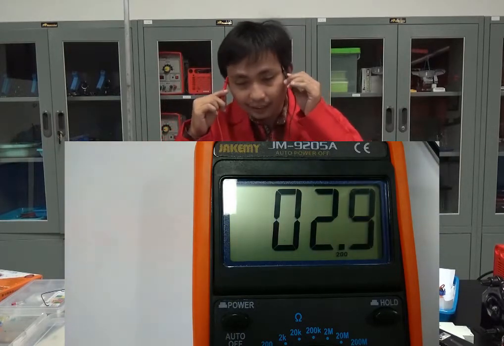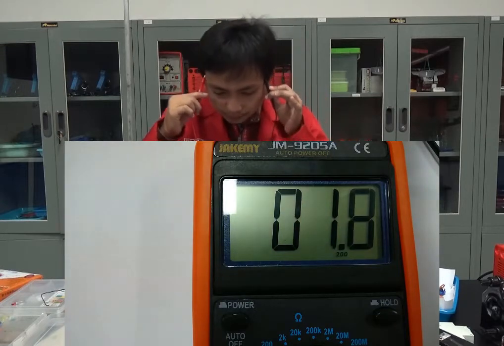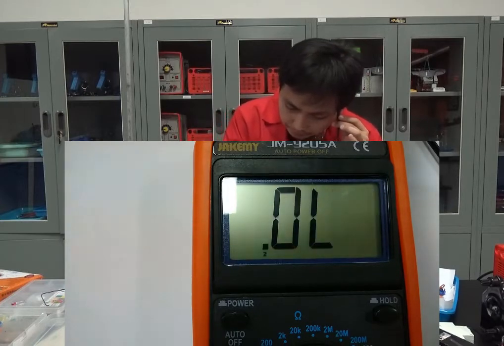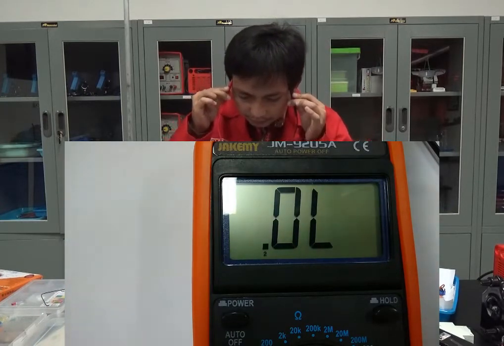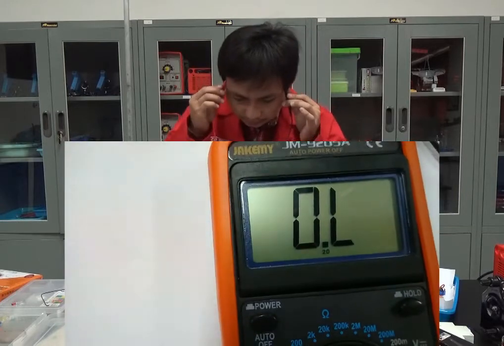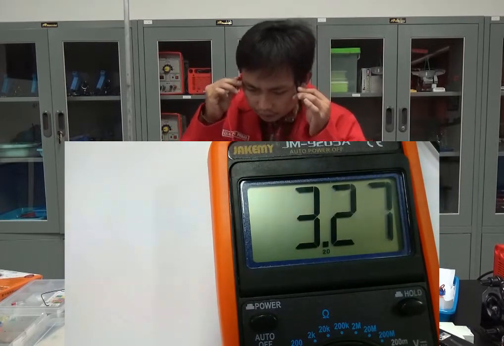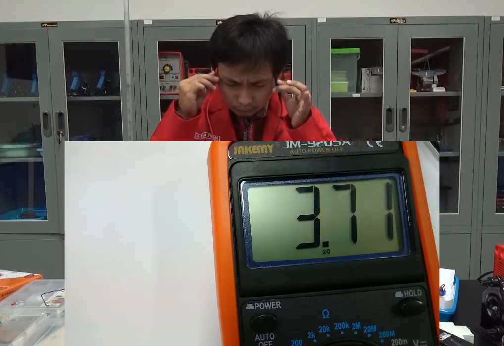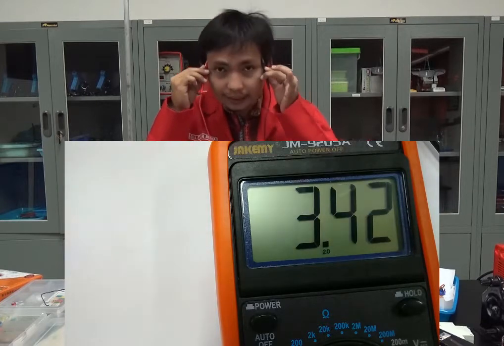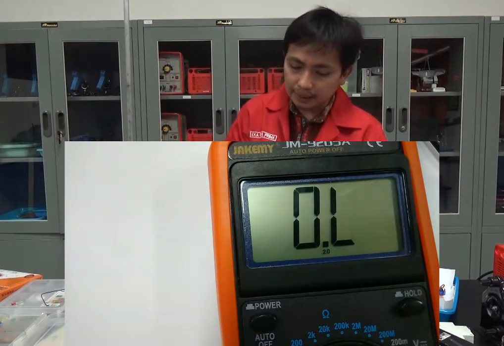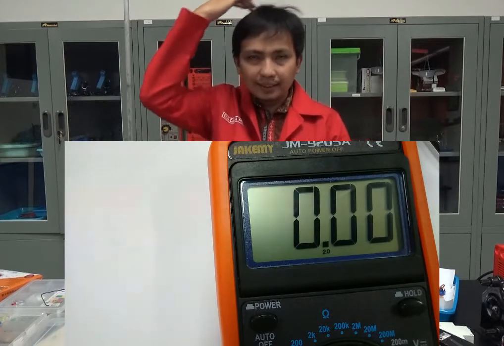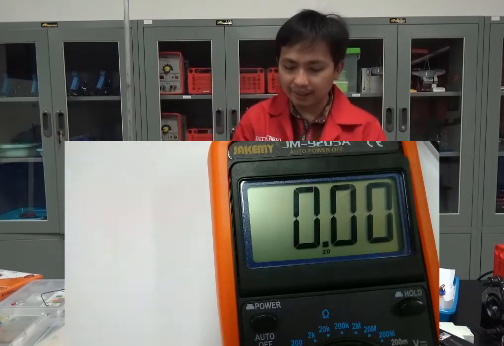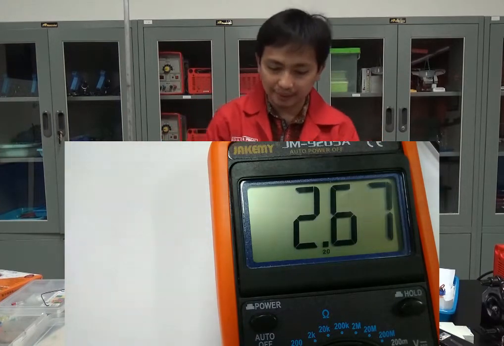Oh, interesting! Look at it, it shows a value. When you think differently, it becomes slower here. Will it show the value? It's still bigger. So when I think of something, it shows a different value. It changed the value. What does it mean? It means there is a current passing through the nerves in your brain. So you can identify it. The evidence we can see from the multimeter.